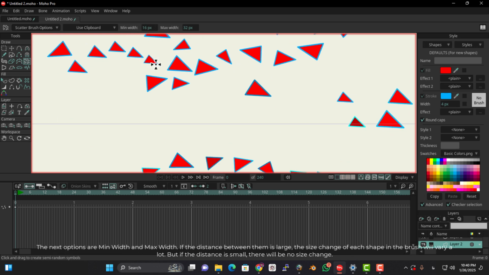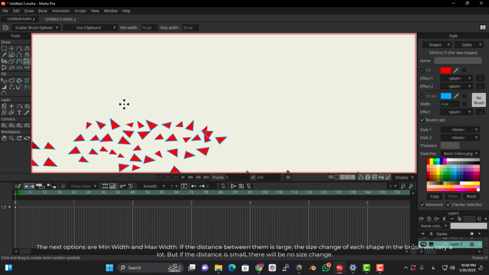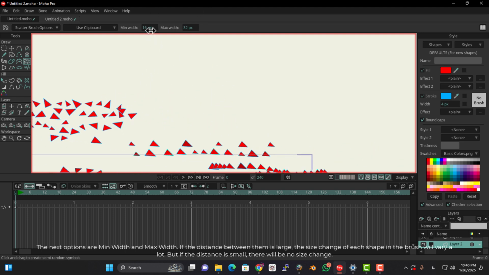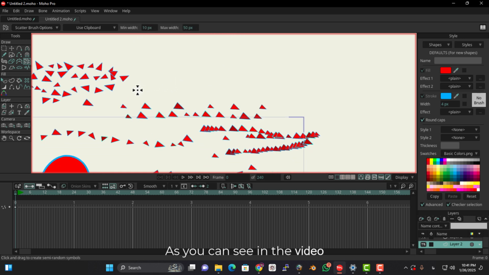The next options are Min Width and Max Width. If the distance between them is large, the size change of each shape in the brush will vary a lot, but if the distance is small, there will be no size change. As you can see in the video,